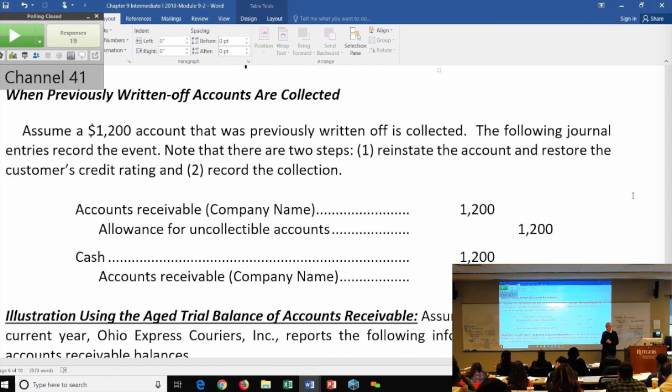You don't need to use that allowance anymore, right? You now have more of a reserve. So you debit the receivable and restore the customer's credit, and then you also credit the allowance for uncollectible accounts. Then you record the collection as you would in a normal